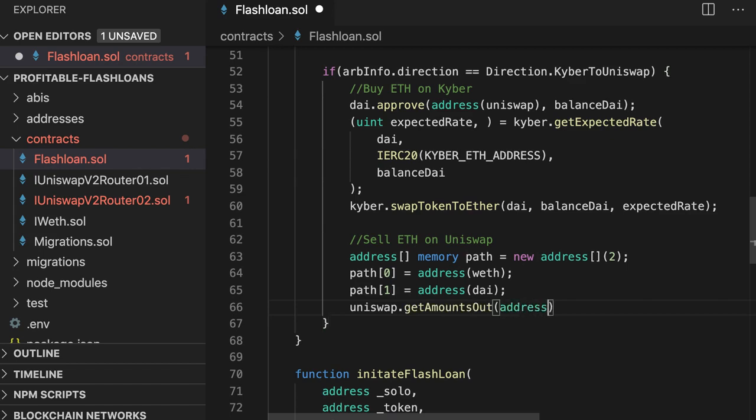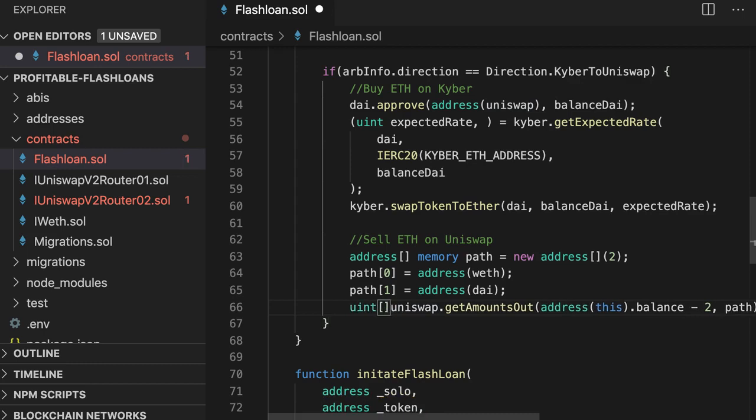So in input, we're going to provide the balance of this smart contract, and we remove 2 because we're going to need to pay the dYdX protocol for the flash loan. And for the path, then we put the array,